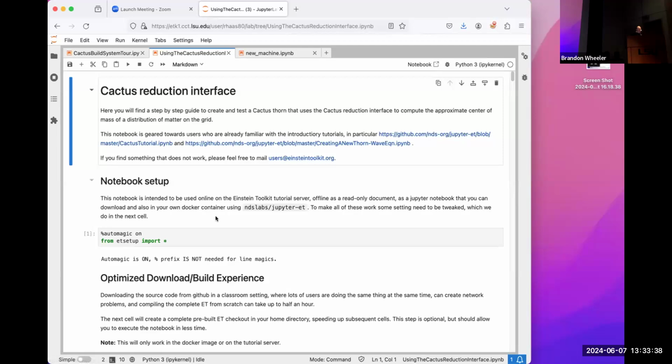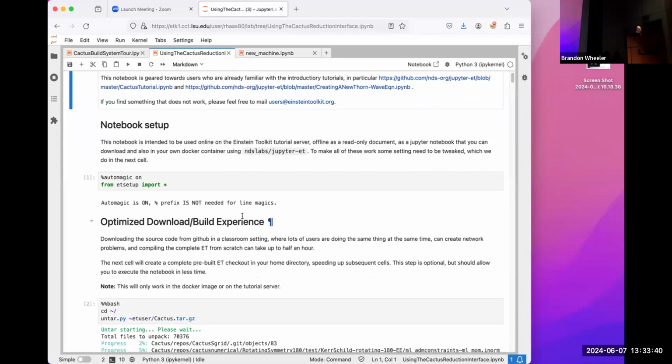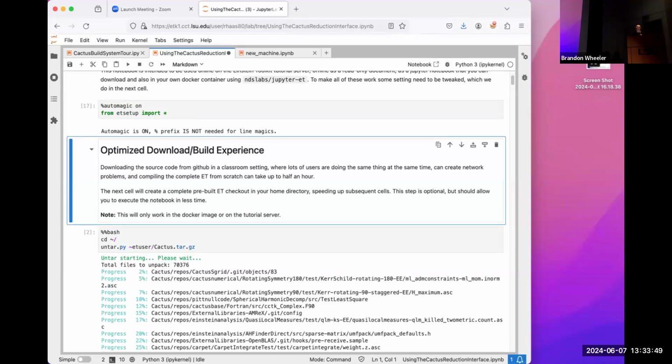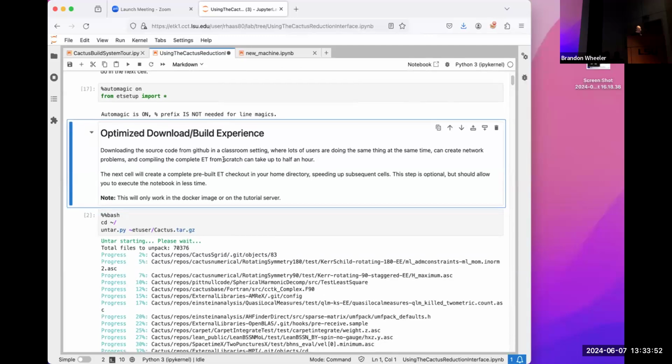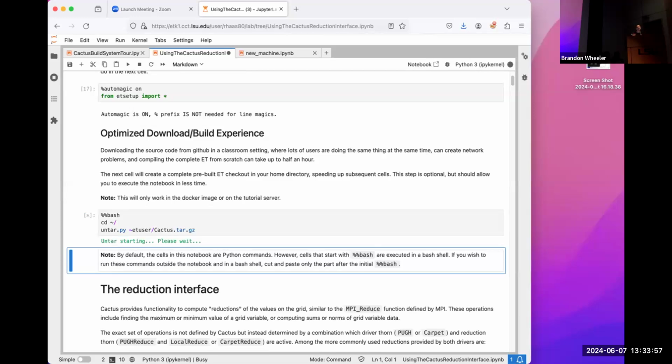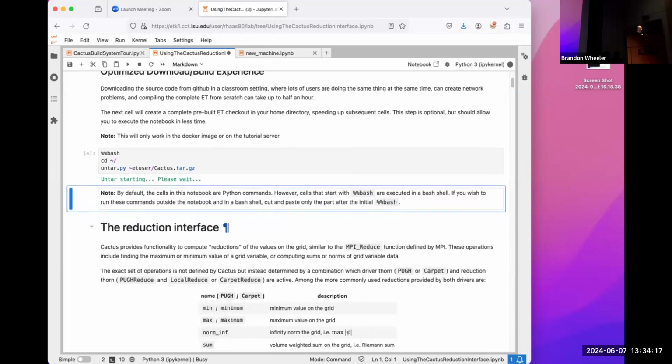Right. So for those of you who want to follow along with the notebook setup, you'll see it's a little bit similar to the getting started tutorial, in that it first introduces a bit of magic and loads some Python helper packages, and then it actually untars the Cactus source code. This is probably redundant for those of you who already followed along with the getting started tutorial, you've already done that. It just gives you a checked out source code, and this is also precompiled, so it's fine. So let me see how long that takes. While this is expanding,